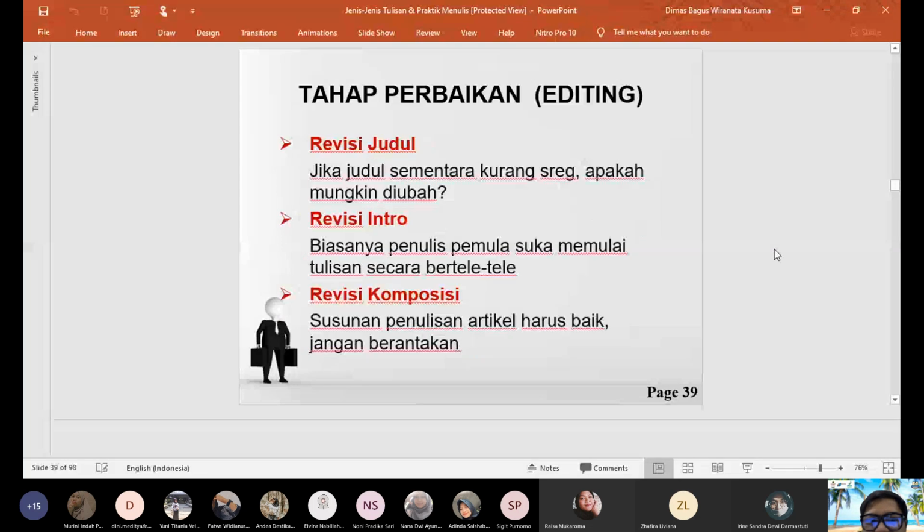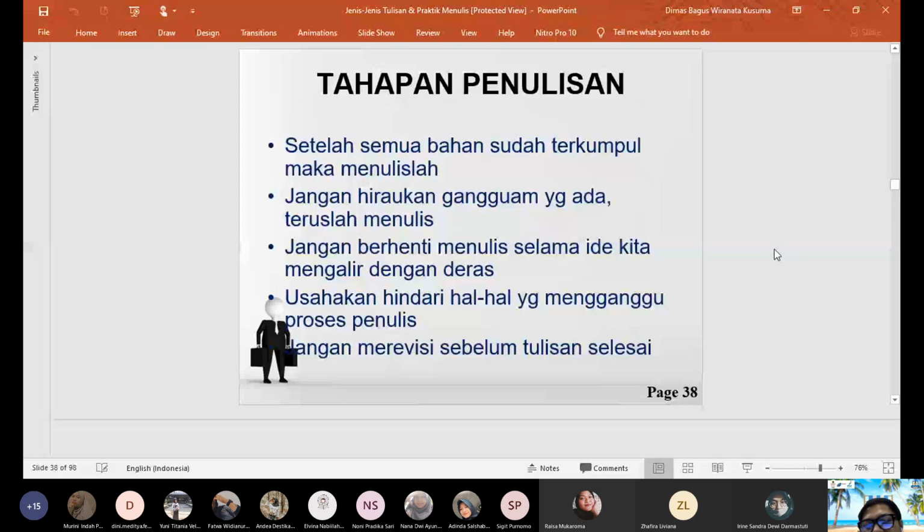is about writing. So in the writing phase, you see that first of all you have to read so many references, so many things that are related with your book's contents. And usually the book will have very specific issues so that you will read so many references that may support the content of the books.